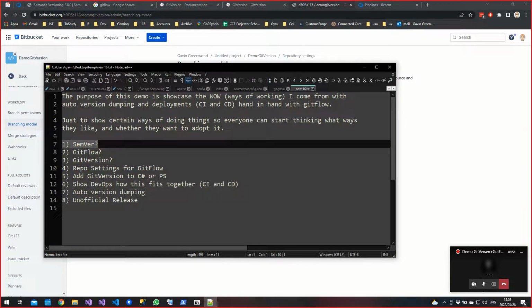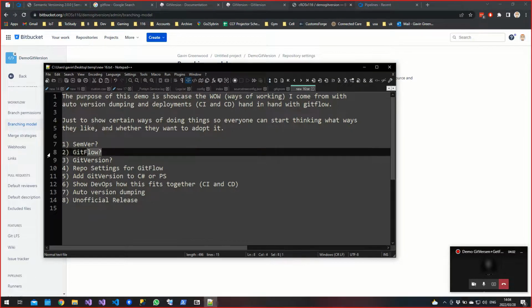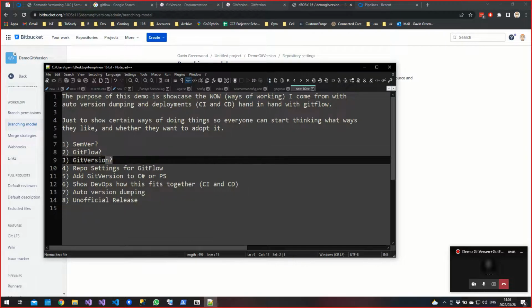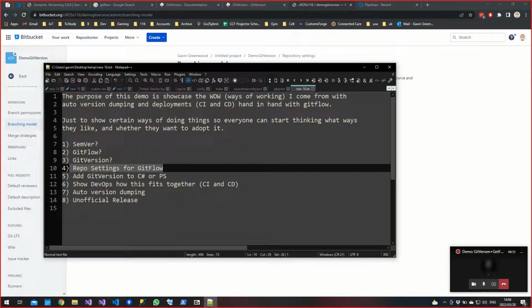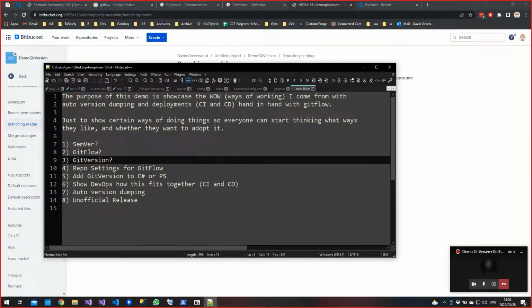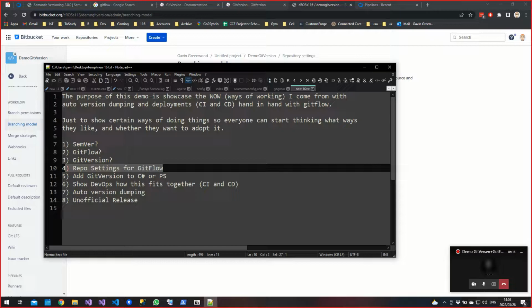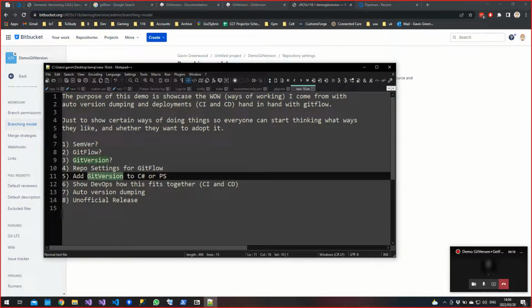Okay, cool. So the agenda is quite straightforward. I'm going to quickly discuss what is semantic versioning. Most people are very familiar with that. Next, what is GitFlow? After that, GitVersion, which goes hand in hand with those two. Quickly just showcasing what settings you need on your repo to support GitFlow to its best ability. Adding GitVersion to a C# or a PowerShell script, what that looks like. Then I'll showcase how that goes hand in hand with